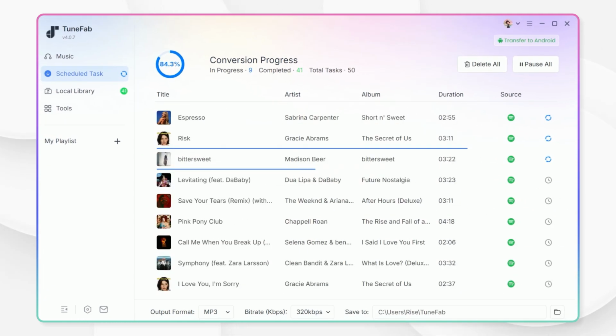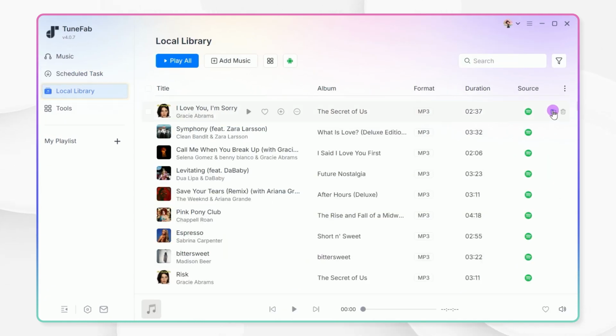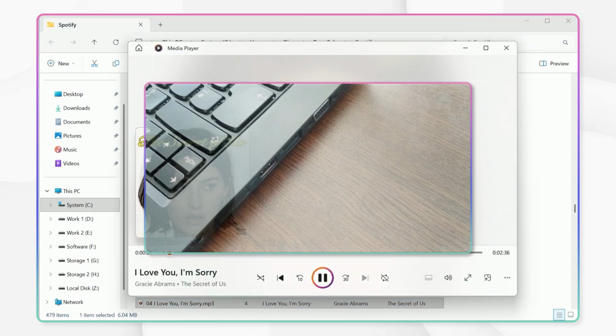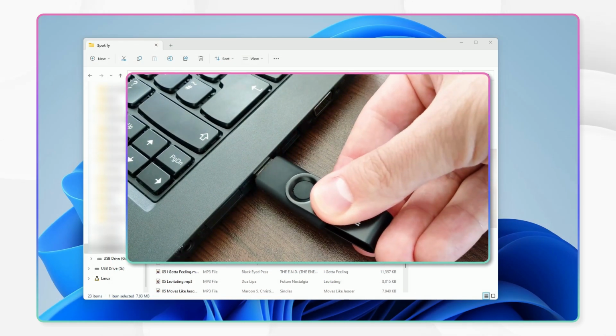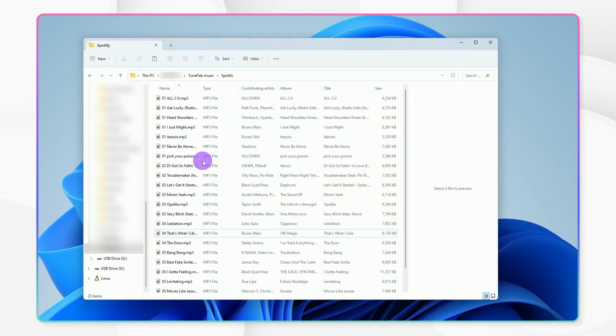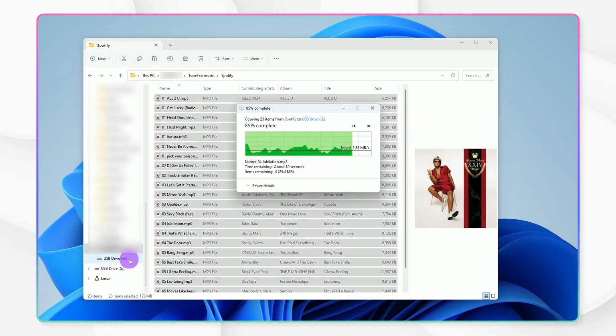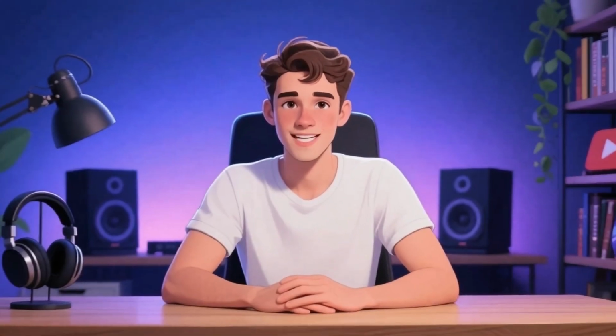Once the download finishes, go to the local library and you can directly play the song. From here, you can easily plug in your USB drive or iPod, highlight the songs, and just copy and paste them right over. It really is that